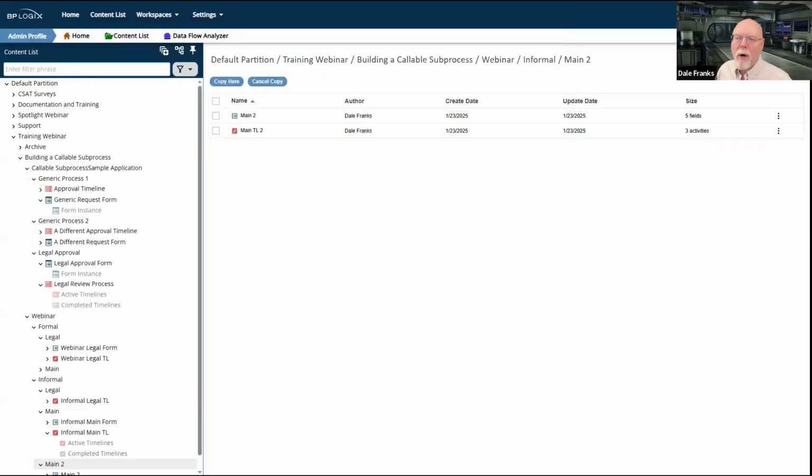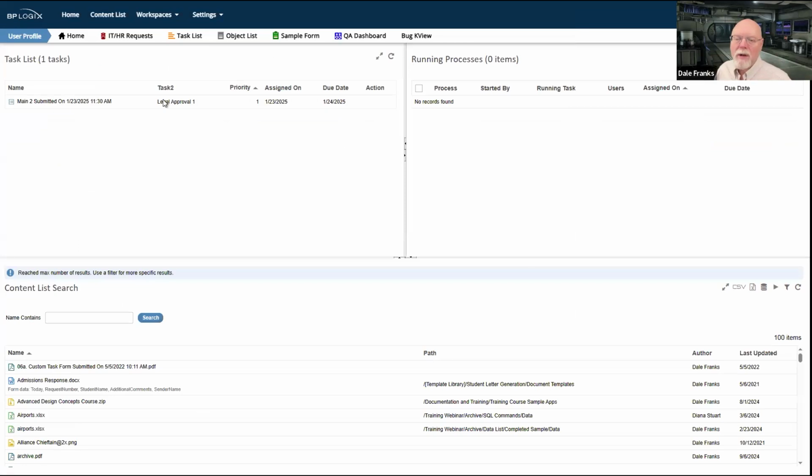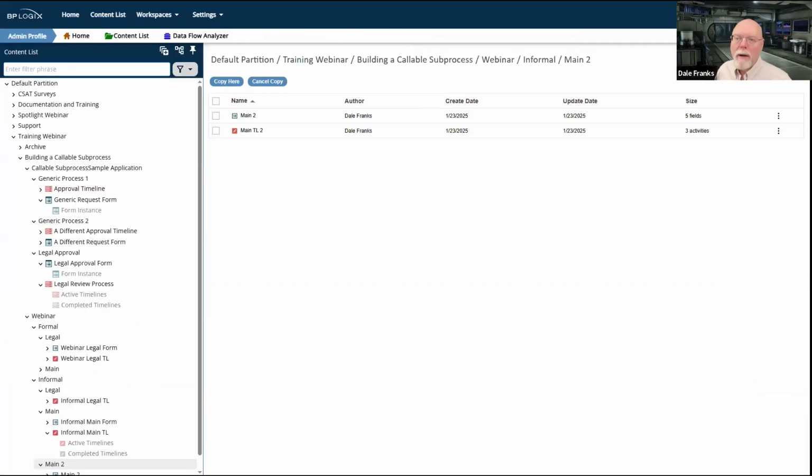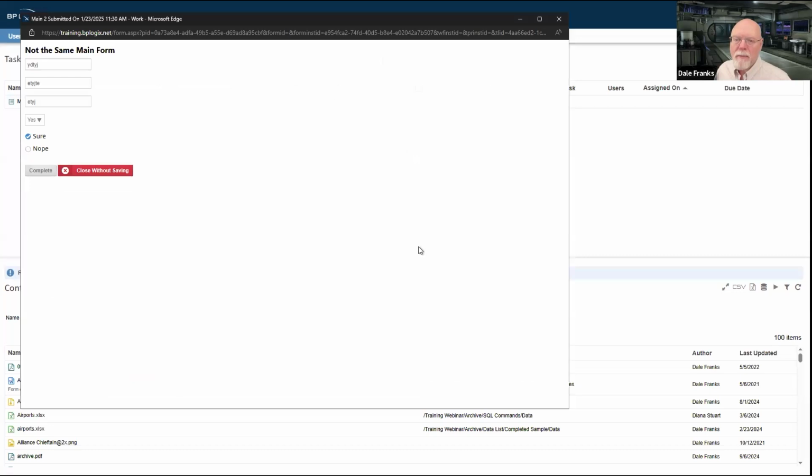The form should go away, which it does, which means I should be in legal approval 1, which I actually have to invoke. And there I'm using a completely different form, but it's a completely different form for the same process timeline, because this informality of it just allows me to throw forms at this process timeline, which does not have a form of its own. And it is so desperate for companionship that it will accept the companionship of any form instance that I deign to give it, and it will be perfectly happy to do so.